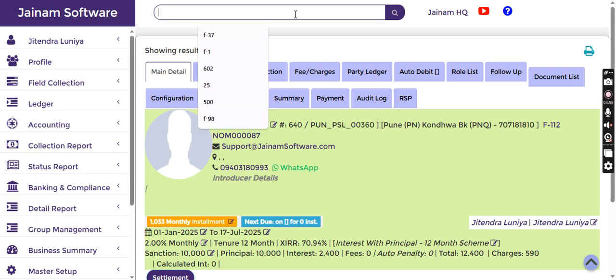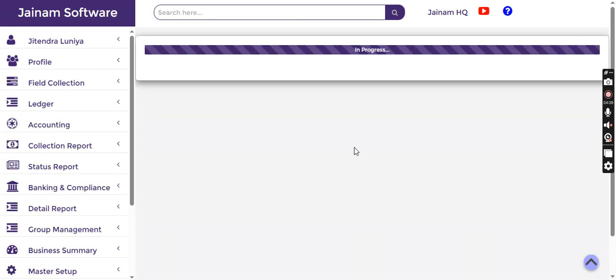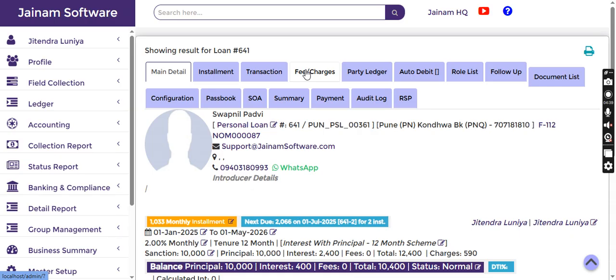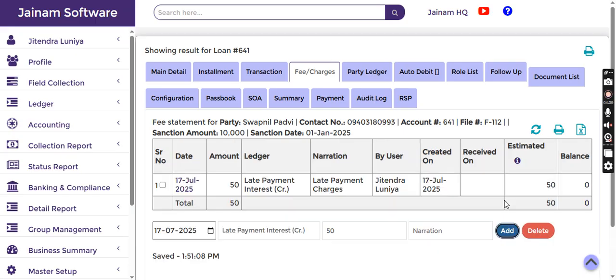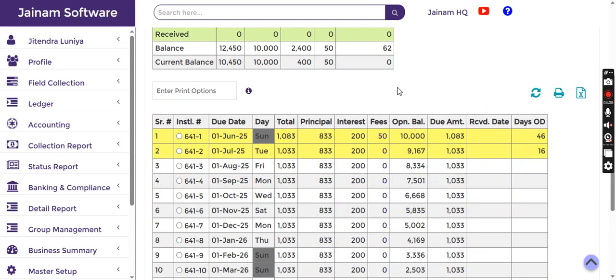All right. Now let's try to understand any other loan. Let's say 641. In this case, let's say we add a fee, and if the fee is added in the installment, but manually we